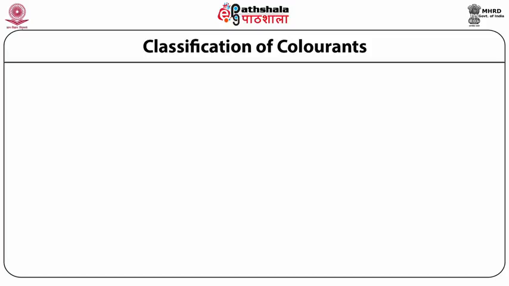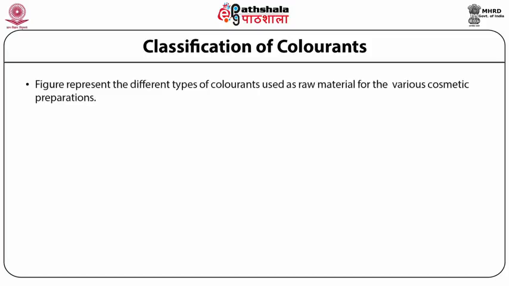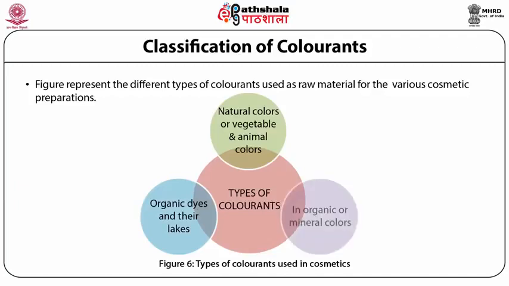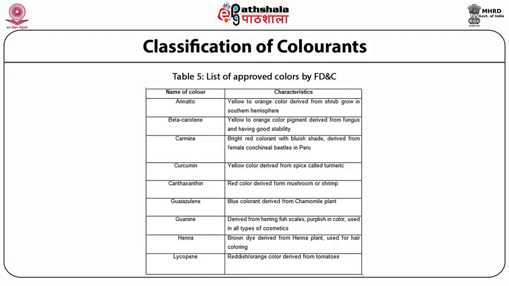Classification of colors. Figure 6 represents the different types of colorants which are used as raw materials for the various cosmetic preparations. They can either be natural colors, or vegetable and animal colors. They can be organic dyes and lakes, or they can be inorganic or mineral colors. Table 5 gives a list of colors that are approved by the FD&C for use in cosmetics. As we can see, we have a variety of colors ranging from